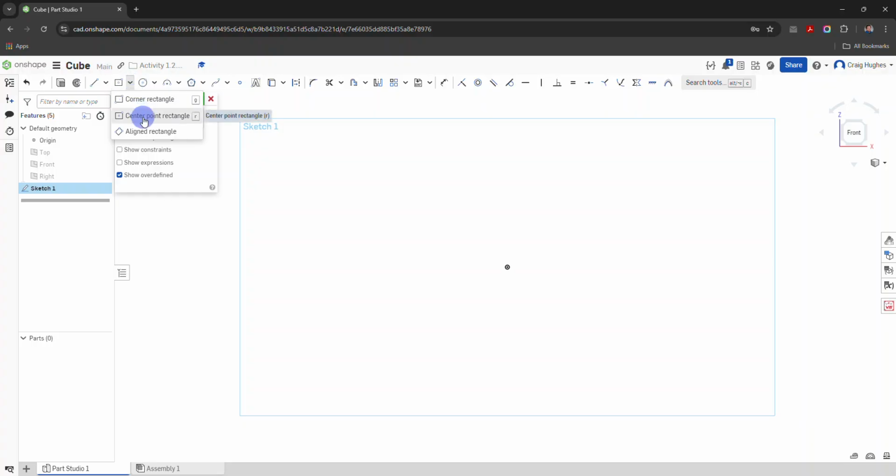If I leave my cursor sit on top of any of these particular items, they tell me, like for a center point rectangle, we sketch a rectangle starting with the center point and ending with a corner. So I like this option. I'm going to go ahead and select it, and I'm going to go down here and I want to select